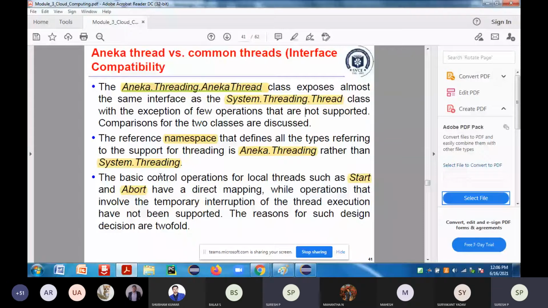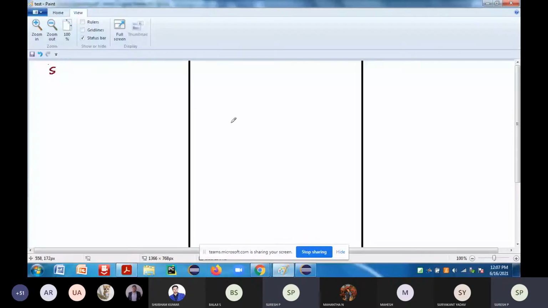So what does that mean? When you have a high priority job, what will happen? If you take the different stages of the thread, for example, if any interrupt comes, I have to suspend the process.